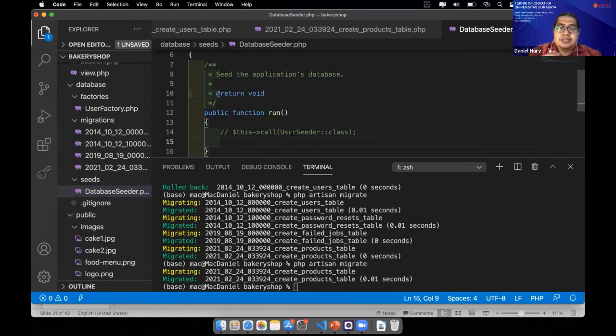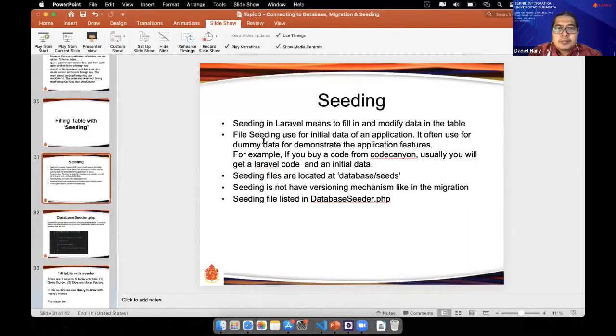For example, if we already have a user seeder, to run it we have to put the user seeder here. Seeding does not have a versioning mechanism, so we can run it again and again. It cannot be rolled back.